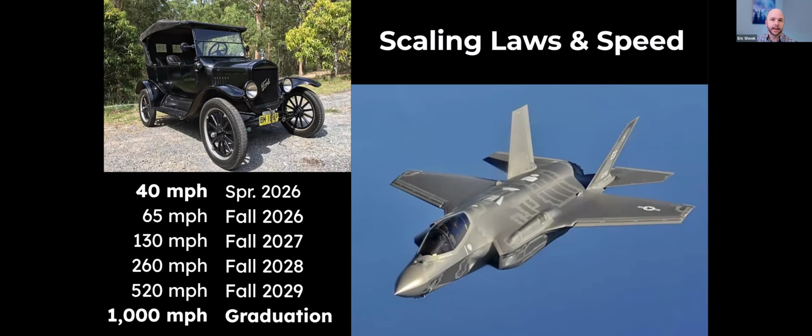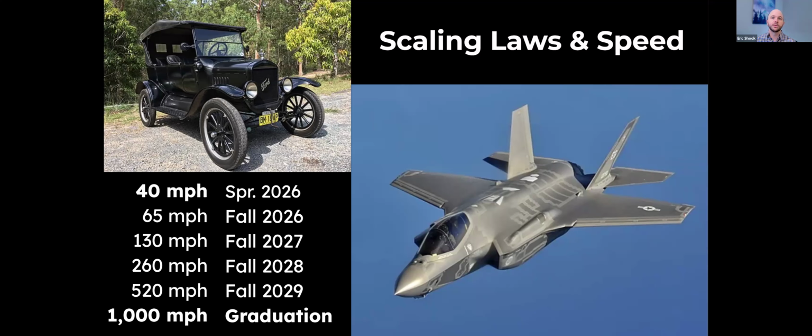the Ford Model T era where the top speed of 35, 40 miles an hour, right? That's going to be kind of today or a month or two ago. By the time they would get on campus, you'd not be driving 40 miles an hour, you'd be driving 65. And then you go through your first freshman year, you come back as a sophomore, and now suddenly everybody's driving 130 miles an hour. Then 260, 520. By the time you graduate and you step foot into your first real job, everyone around you is going 1,000